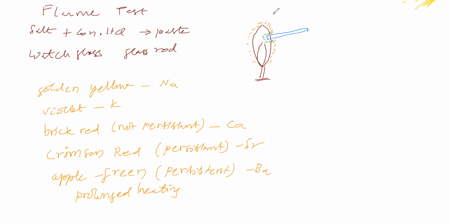So how to do the flame test? You take a watch glass. In the watch glass, you take a pinch of salt. To the pinch of salt, you add concentrated HCl. Using a glass rod, you make a paste. That paste is introduced into the oxidizing flame. If golden yellow color is appearing around the flame, then the given salt contains sodium. If the flame appears